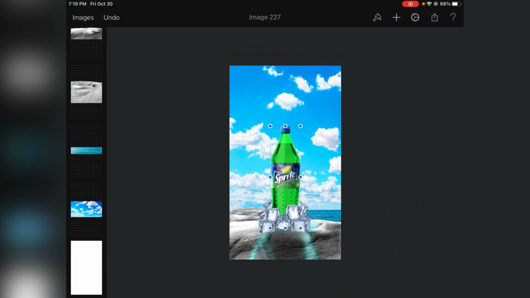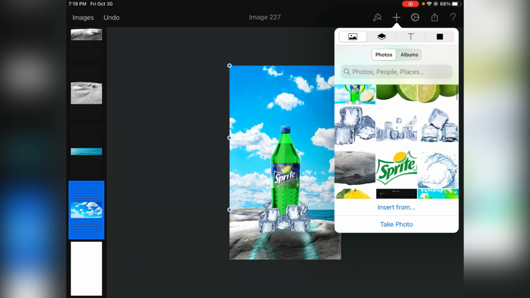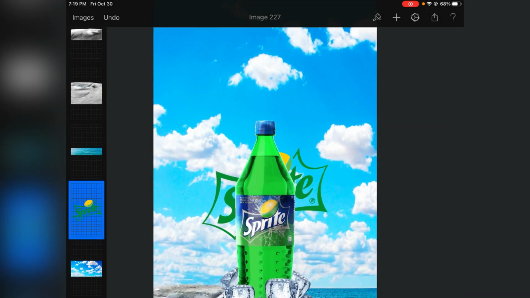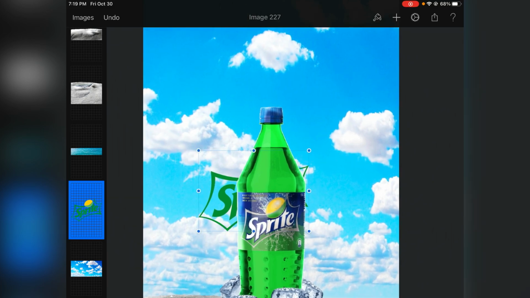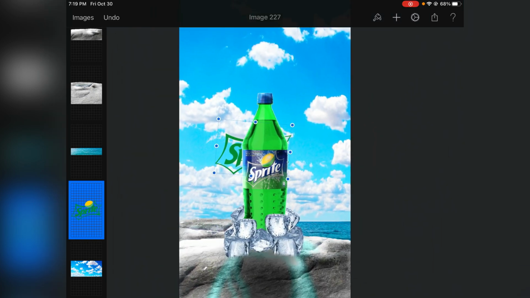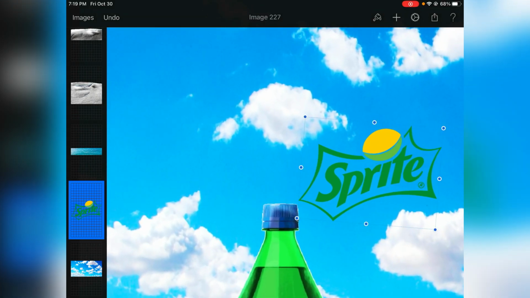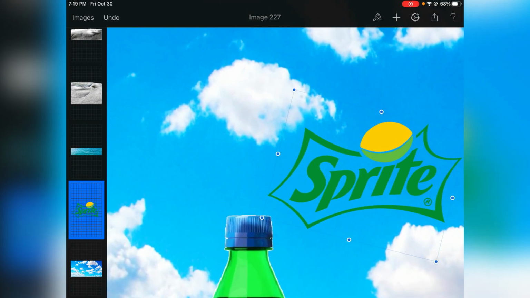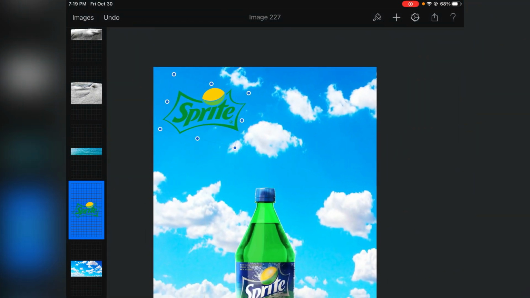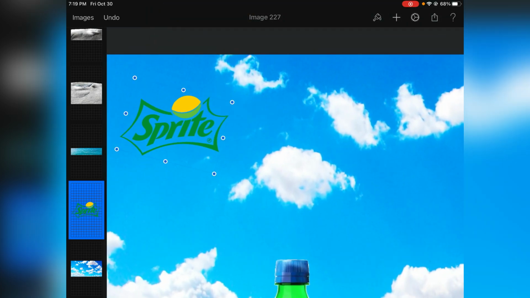So now for the Sprite logo in the sky. Go tab it. Don't want it to be tilted really. I'd put it right here, assuming that you made the sky the same as me. Could also put it over here, but I like it right here. Well, actually, no. Yes, put it to the left because of what we're gonna do later on, because we're gonna put the ship in the lower right, so might as well have the Sprite logo